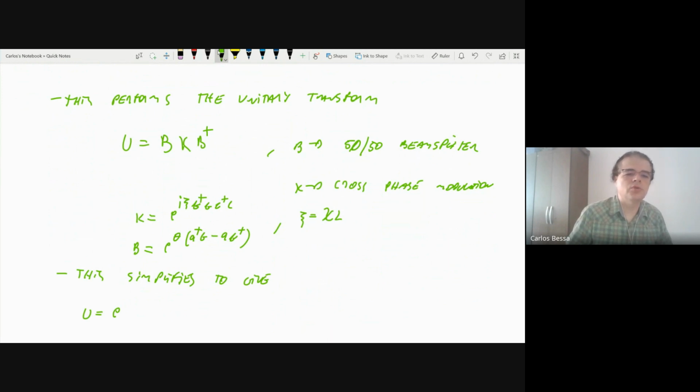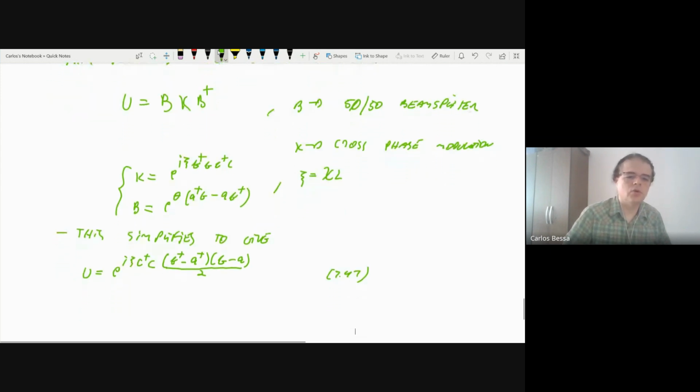Okay. So what we need to do is, using these guys here, we're able to find this. This is just I, A, zeta, sorry, C dagger C, B dagger minus I, dagger B minus A, over 2. Equation 7.47. And you could also write this as exponential